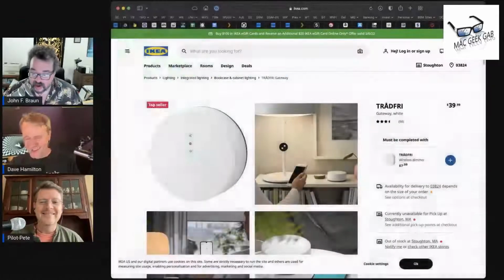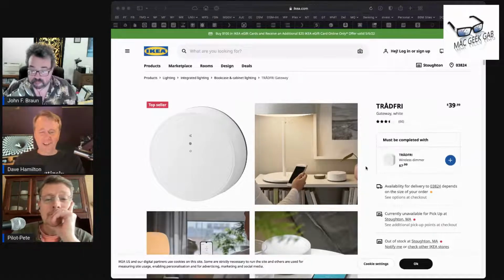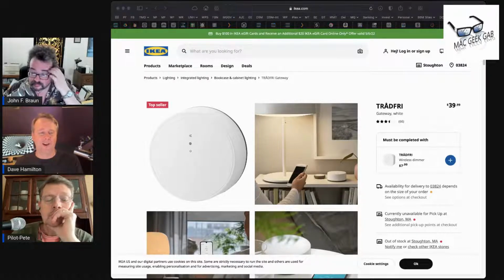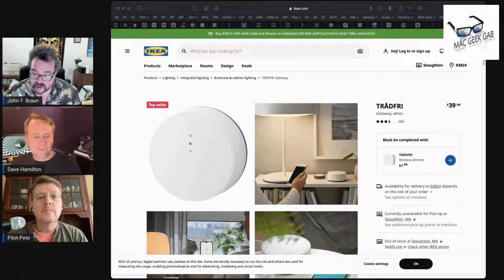They sell a range of smart home equipment called Tradfri, and this all communicates with the Tradfri hub. Another thing we will mispronounce, certainly. You get a hub, and then you get a free app.